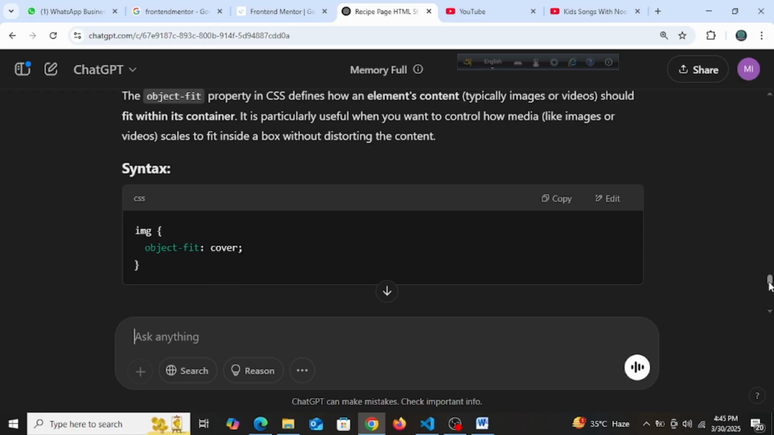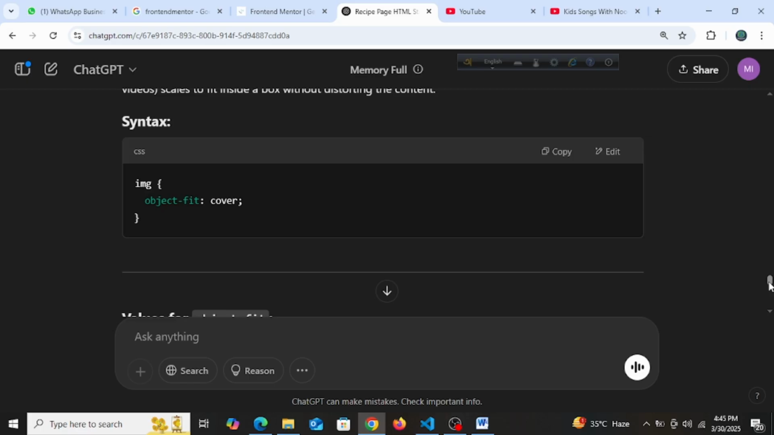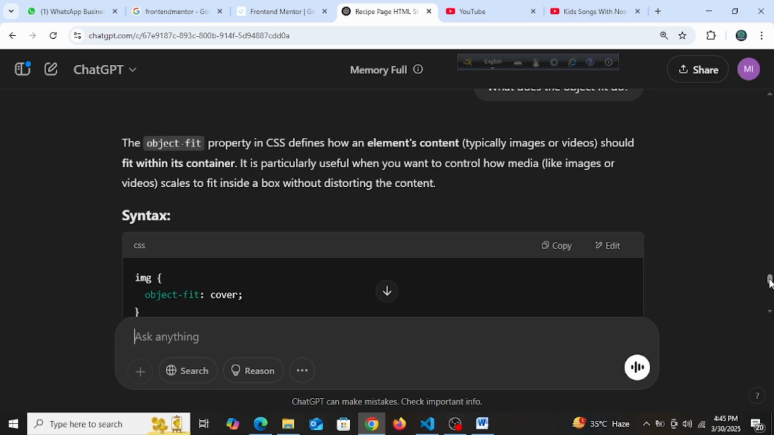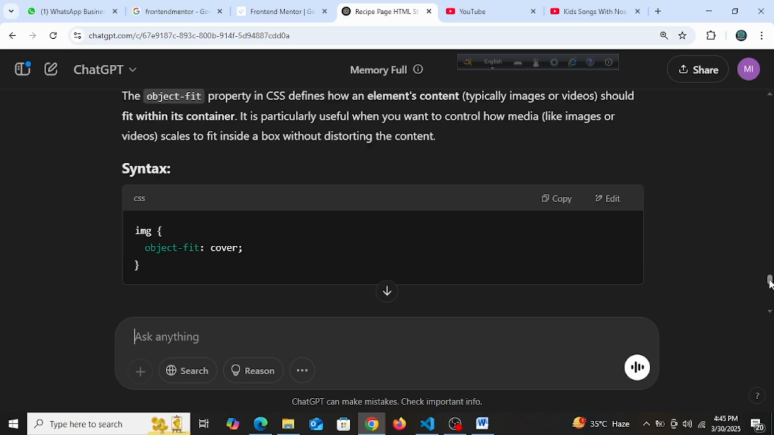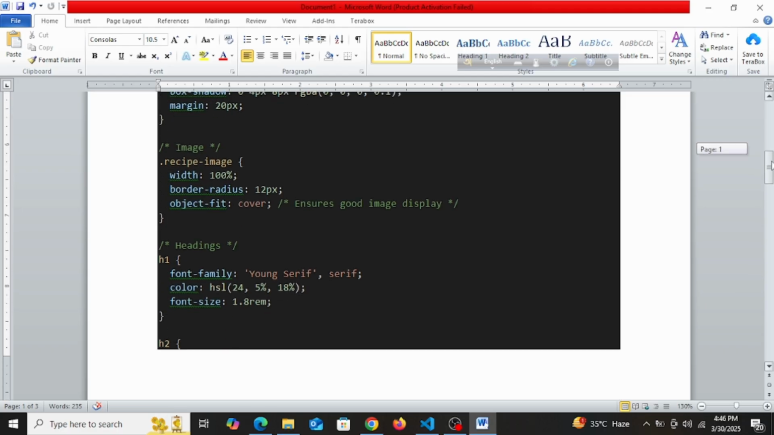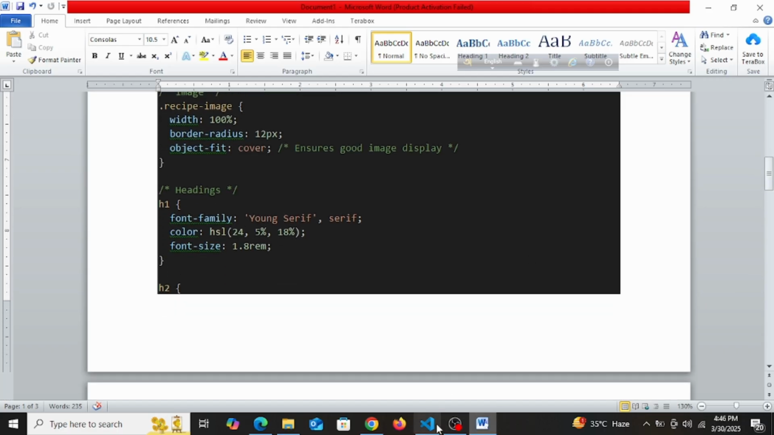Syntax okay. So image object fit cover, fit inside a box without distorting the content. I hope you understand, guys. This will not distort the content. This will nicely fit inside the div, right? Inside its size. So ensure good image display. Okay. So now we have heading